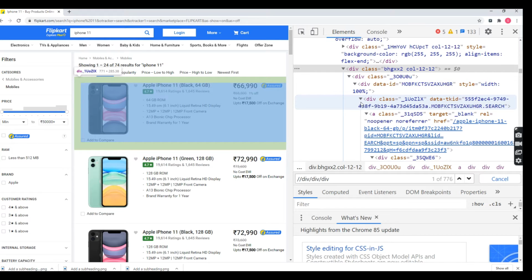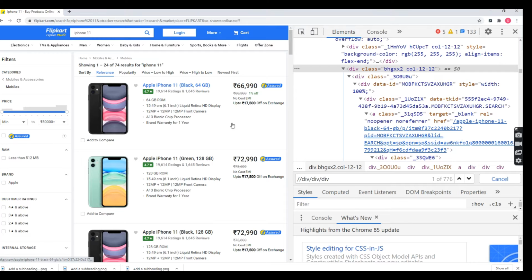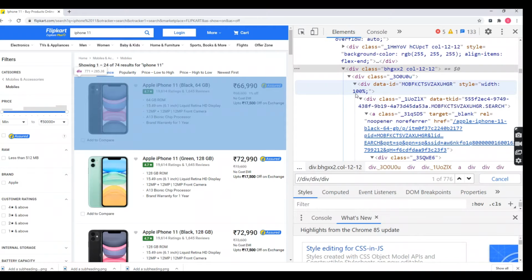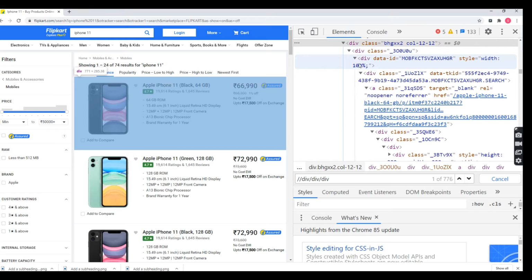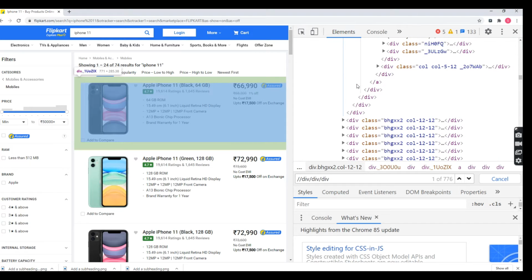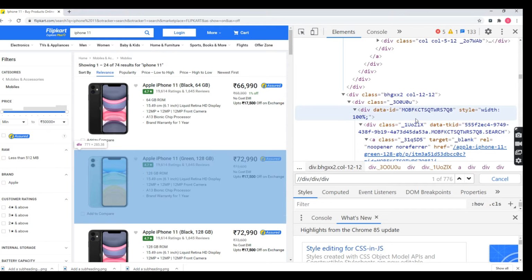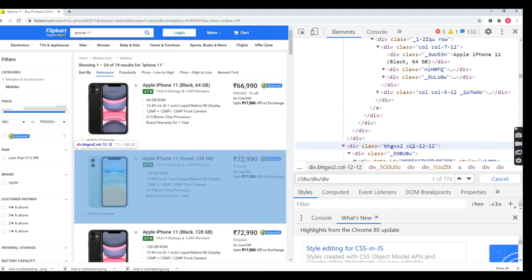Now how can I take an XPath for this one using following? Let's see. This is the strategy we follow in real time in your company project. Here I can see the data-id has some random characters. Again, I'm going to look into another div. What is available here? Here also I can see all the div locators have random values, random numbers, but this is the one similar to the one before and this one.